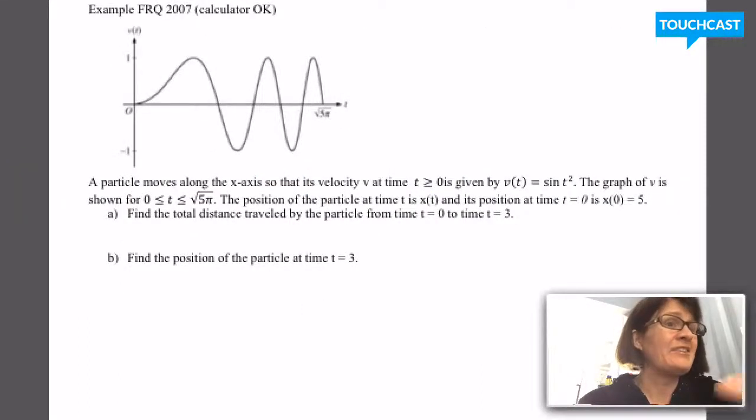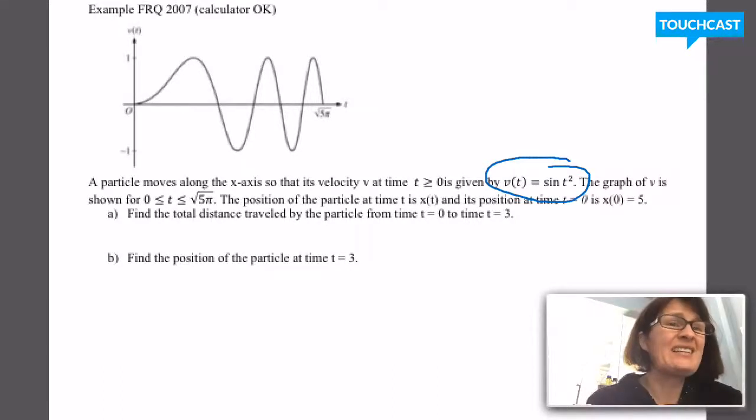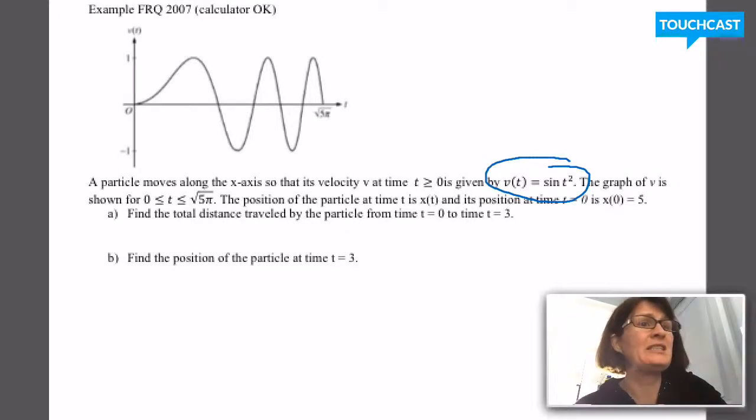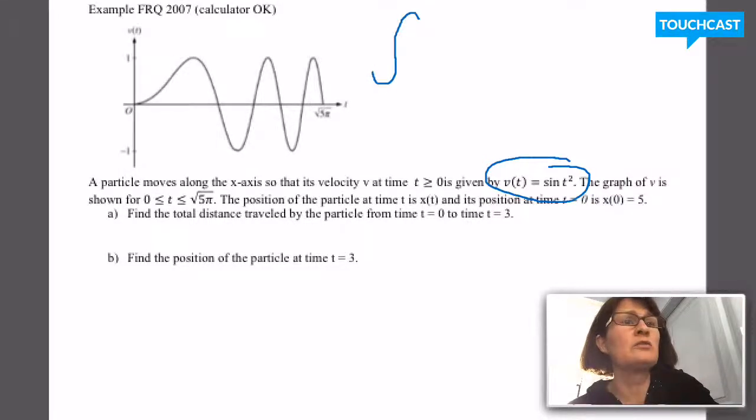So for this problem, we have a velocity curve for a particle that's moving along the x-axis. And so we have the function, the velocity function's been given to us. That's nice. This is a calculator active problem. Question A, they've asked us to find the total distance traveled by the particle from time t equals 0 to time t equals 3. Well, total distance traveled is the integral over the appropriate time interval, so from 0 to 3 of the absolute value of v of t